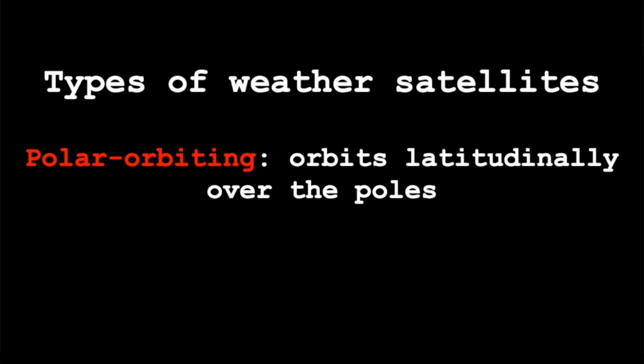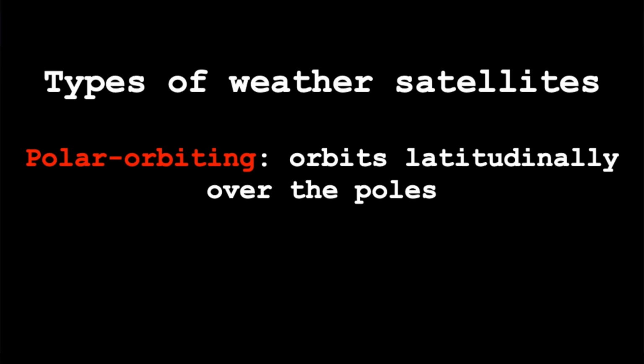Now, there are two main types of weather satellites, the first of which is called polar orbiting. As its name suggests, a polar orbiting satellite orbits latitudinally over the poles. They're situated about 500 miles or so above Earth's surface, and they orbit the Earth about 14 times per day. Polar orbiting satellites are very good at giving us highly detailed imagery of the poles, but not so much the